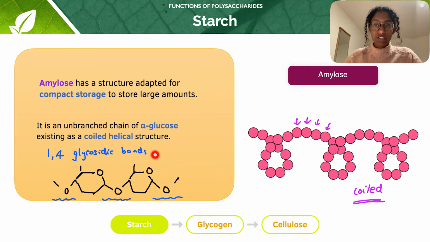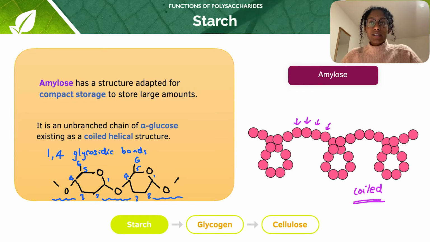Now remember, these are alpha-glucose monosaccharides. And the reason why we call it 1,4 glycosidic bonds is it's formed between carbons 1 and 4 of the structure. So, if we label this one up as well, you can see that the glycosidic bond is formed between carbon 1 of one monosaccharide, so of one alpha-glucose molecule, and carbon 4 of the next alpha-glucose molecule. So it forms these lovely straight chains. So this becomes relevant in a second when we go on to talk about